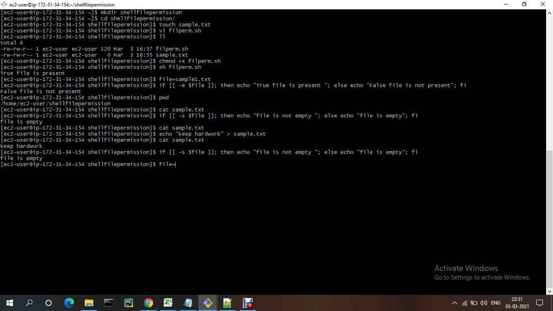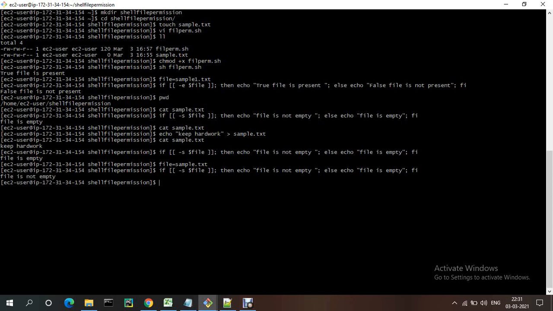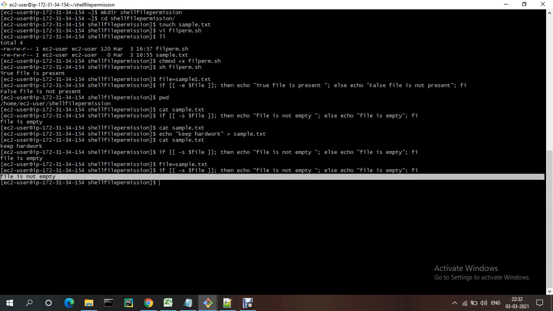File equal to sample.txt. See, file is not empty. Now this is correct.